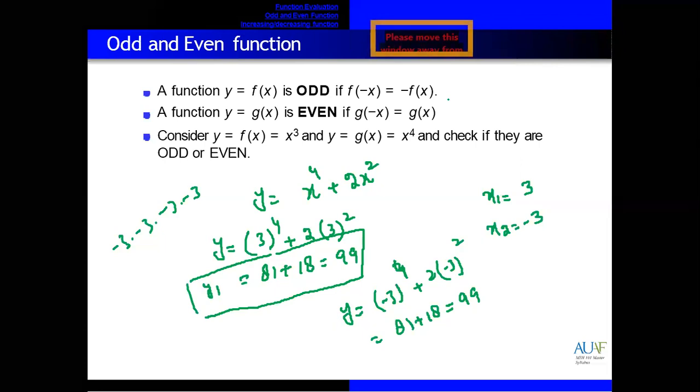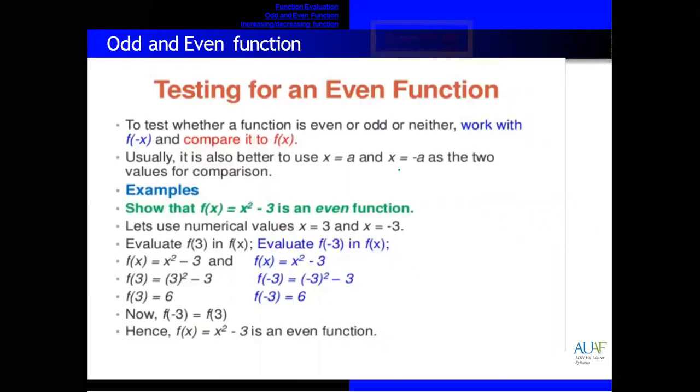Okay, great. Yes, it's an even function. Sir, we can find it from the power. Of course, directly you can say if powers are even, you can directly say this is an even function. Like this one, we have the function x square minus 3. You can see the power is 2. So directly you can say that this is an even function, by putting the same values, plus and minus 3. If the result is the same, it is an even function.